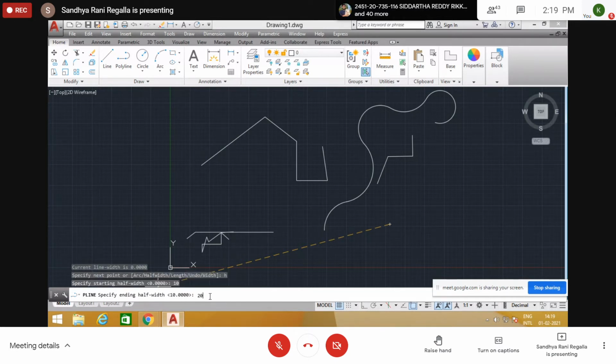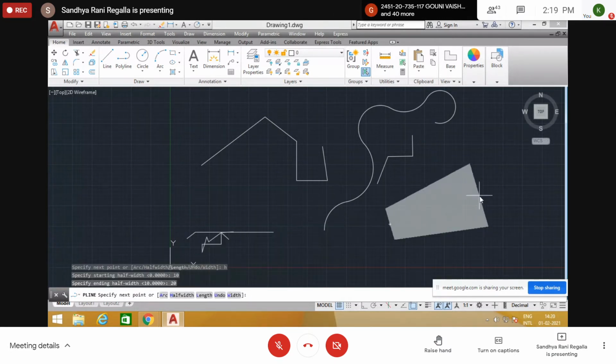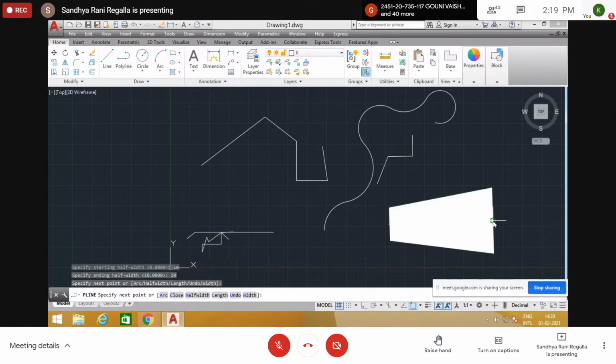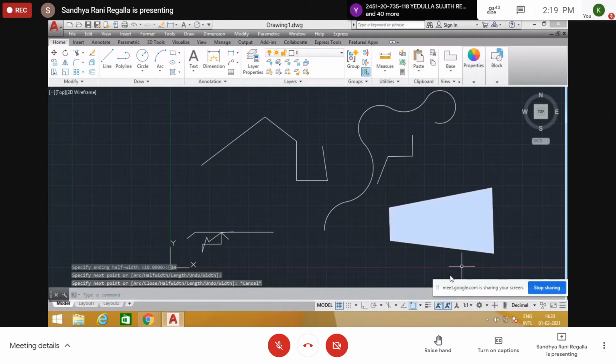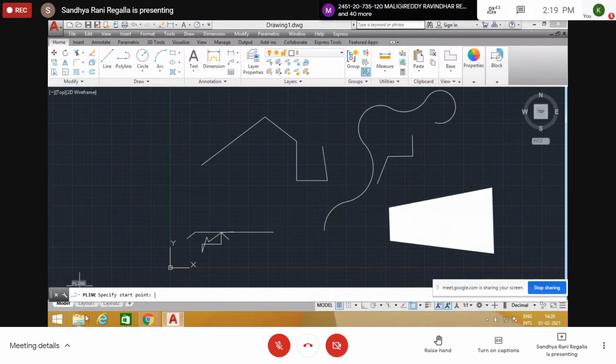Suppose ending half width I will give 20. Enter. See, starting point width is 20, ending point width is 40, because I have given half width 10 and 20. Half width 10 and 20 means full width is 20 and 40. Like that we get the line.